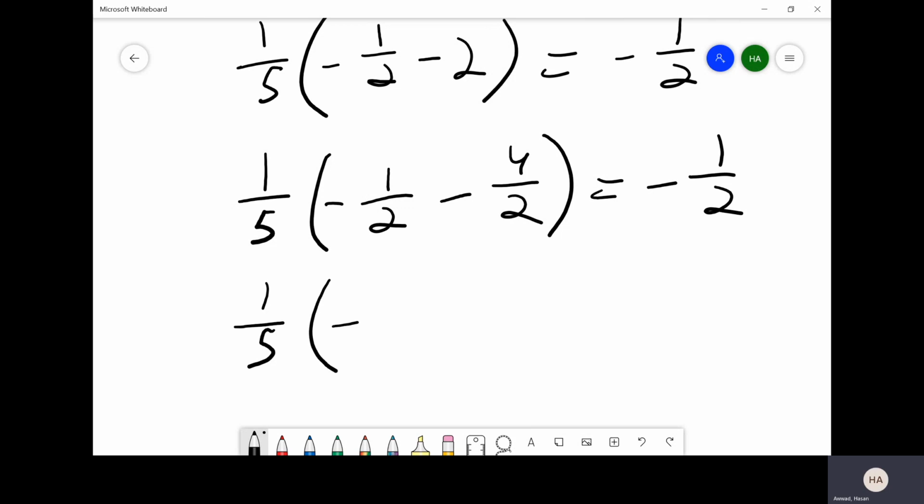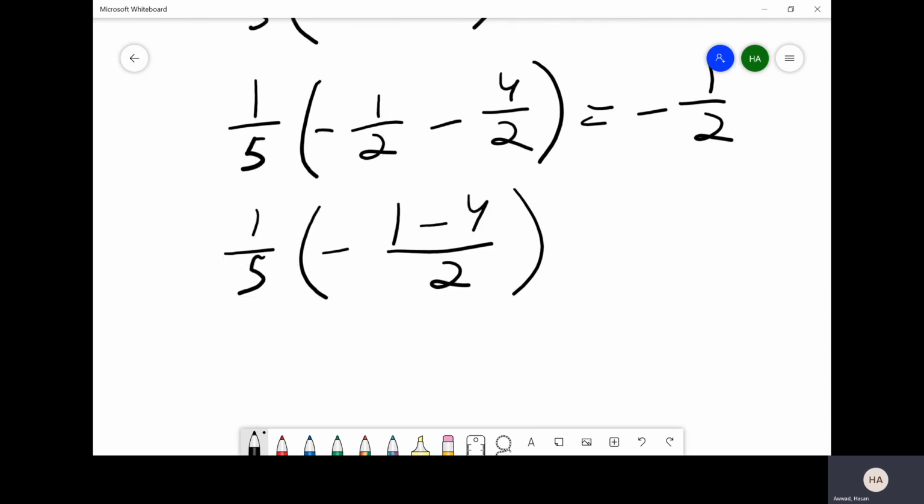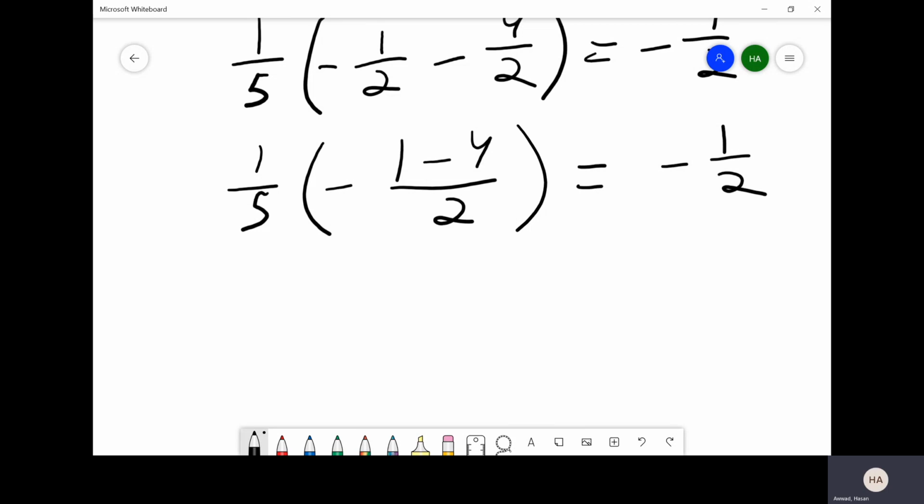So we have a negative on the outside, and we have 1 minus 4 all over 2, okay? Because again, we have common denominator. We can just go ahead and combine the fractions, right? And then this sign would carry down, right? So that's just addition or subtraction of fractions, which hopefully you guys are acquainted with by now. Okay, so now we get 1/5 times, and this is going to be negative 5 over 2